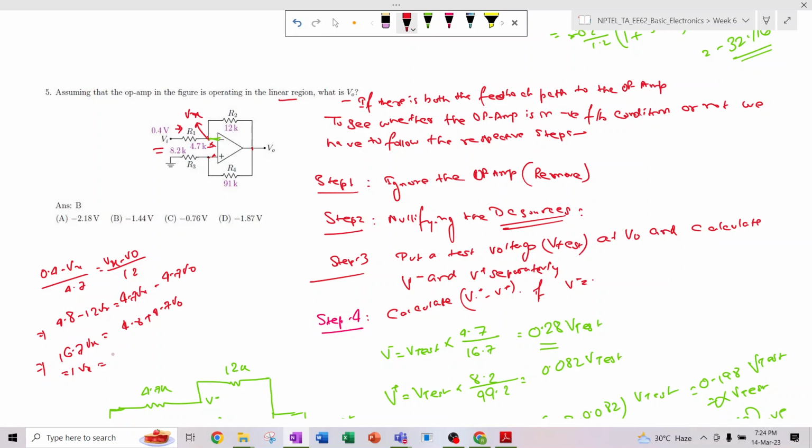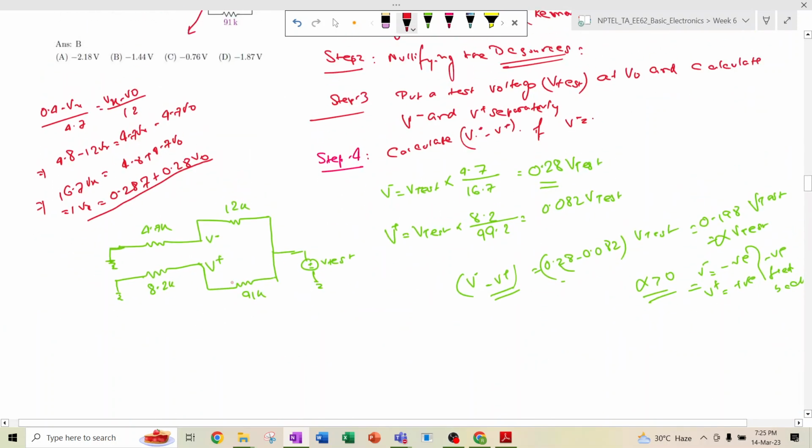So Vx will be 4.8 divided by 16.7, so it will be 0.287, and 0.28 Vo. Okay, this is one thing, right? And if we put another KCL over this point, then we can get